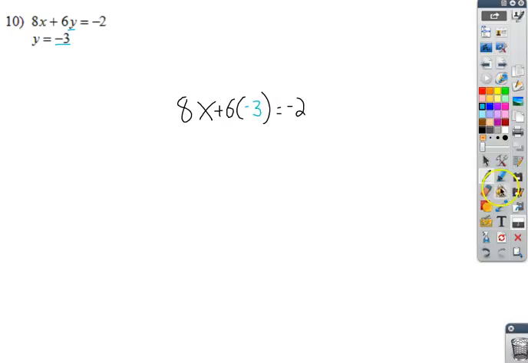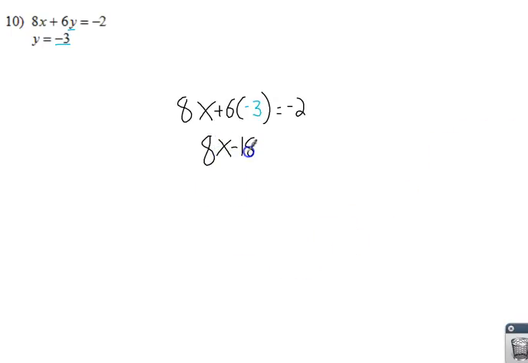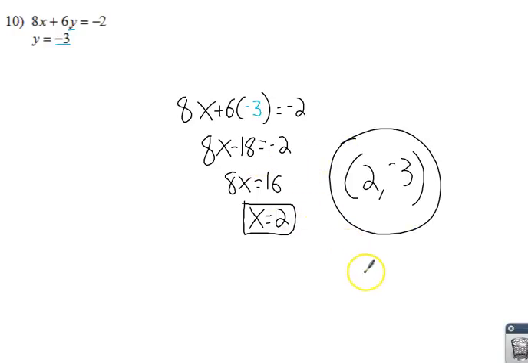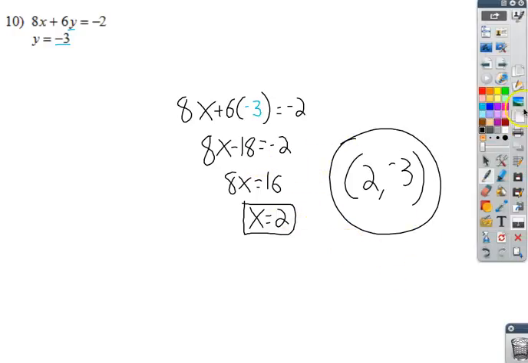Now I just solve here. Now I get 8x, add 18 over, you get 16. X equals 2. Now, what did y equal again? Well, luckily they told you in the problem what y equals, so you better put that in your answer. Y equals negative 3. And you can substitute both these into the top equation to make sure they work. And now, last but certainly not least,